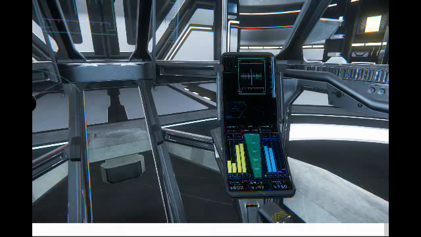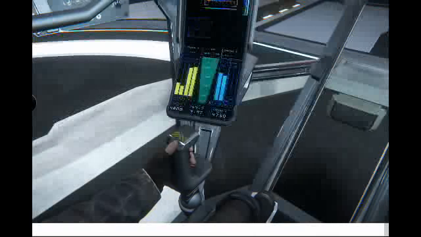Let's see. So nothing's really happening right now. Ship's off. I don't know how to turn it on. F gets me out, and R doesn't do anything. I've tried everything. Anyway, so that's sitting in the pilot seat. Another actually kind of interesting function, when you're aboard the ship,